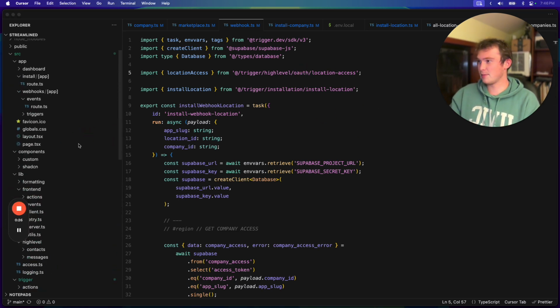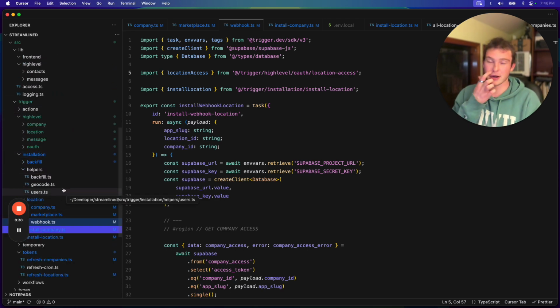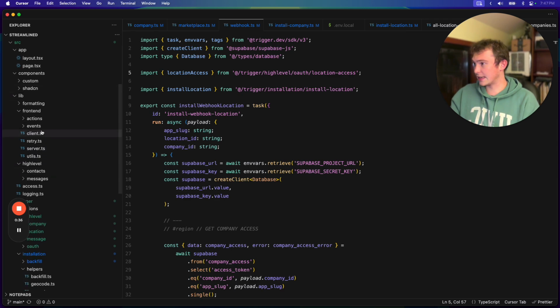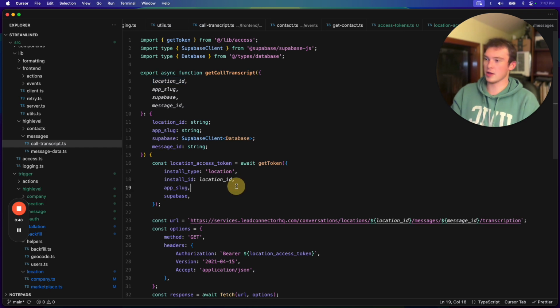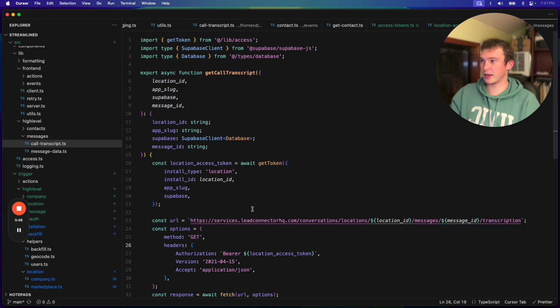Basically, we have API routes up here, and then we have our trigger tasks down here. The issue was that I was rewriting a bunch of the code, and that goes in lib at a high level. So let's just take this action, for example. What we're doing is hitting an external API to get a transcript for a phone call. In this case, we're passing in the access token